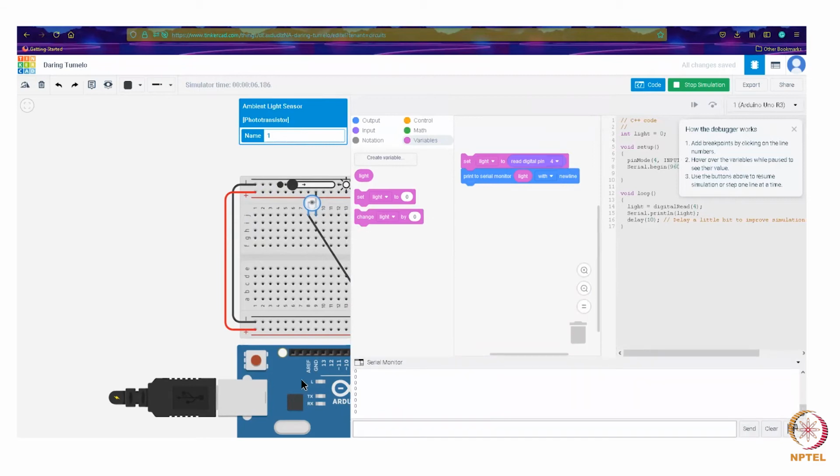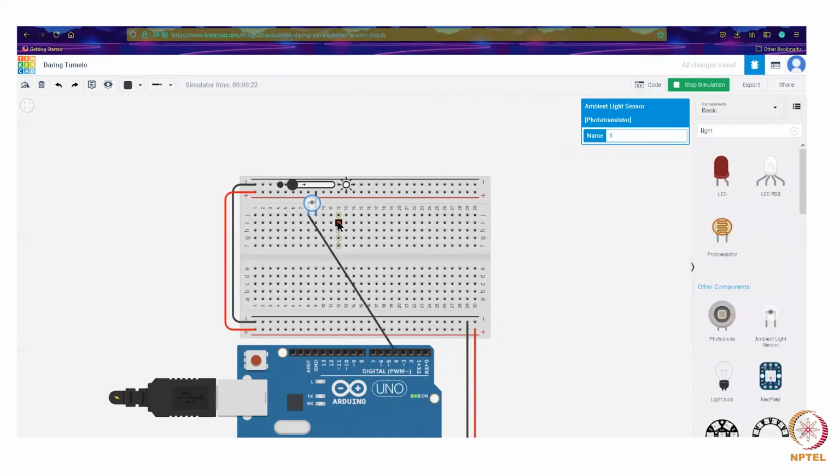So if you see the serial monitor, it's right now printing zeros since it's initially set to the dark condition. So we will make this the bright condition. It goes to 1 and we'll keep it in the middle. So basically it is set to a certain threshold. So anything above that threshold will be considered as a 1. So the literal darkness is what it considers as darkness. So now we are able to take our input about the ambient light.